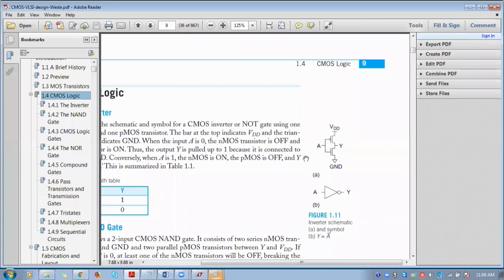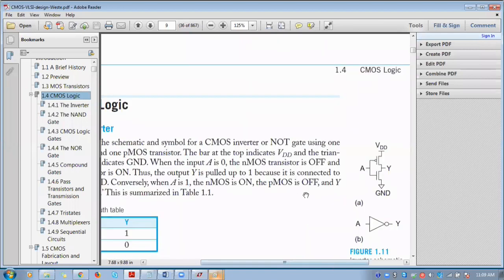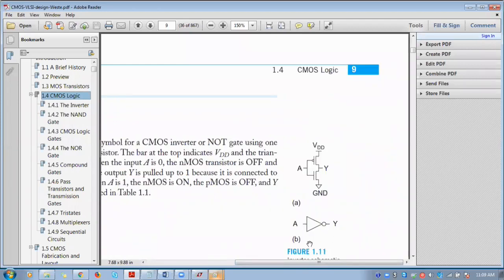To understand the working of this CMOS inverter, the actual working of an inverter is that whatever we apply at the input, the complemented value has to appear at the output. For example, when we initially apply logic 0, PMOS will act as a closed switch and NMOS will act as an open switch.